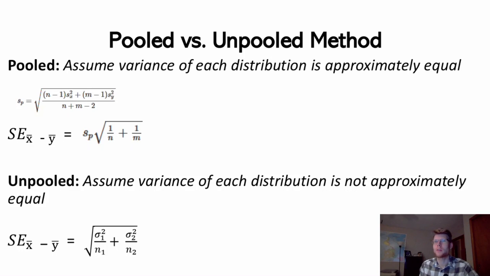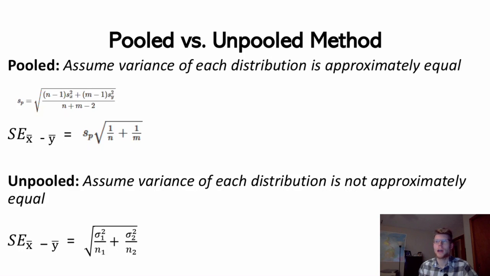us make this comparison. But there is one more kind of decision that we have to make, and that's if we want to do a pooled method or an unpooled method. So now that we have two different groups, we have to decide if we want to assume that the two distributions have the same variance, or they might have different variances. And there's different things that we could do to make that decision, but the idea is if we want to assume the variances of each group are about the same, then we could use a pooled method,